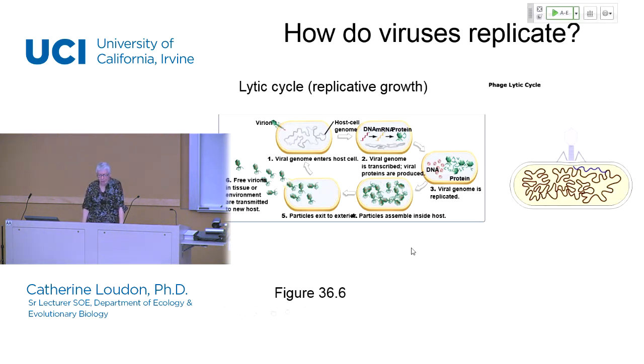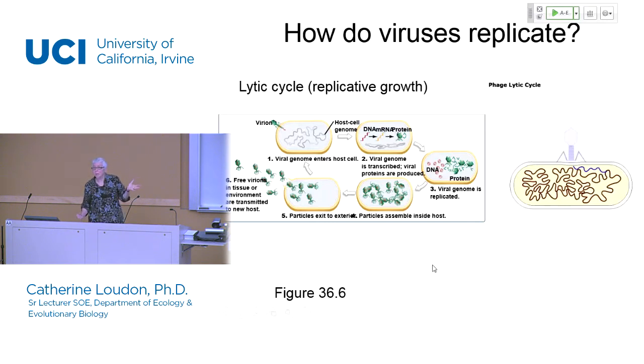Then what happens? Well, again, keeping in mind that we have to end up with copies of the virus. What are the parts of the virus? Well, this particular one, because it's a bacteriophage, there's no envelope. So we just have what? Nucleic acids, the viral nucleic acids, and the protein that surrounds it, which means what? That within this host cell, we have to have 2 things being made. We have to have copies of the viral genome being made in whatever form it is, whether it's DNA or RNA or double-stranded or single-stranded. We also have to make the proteins.